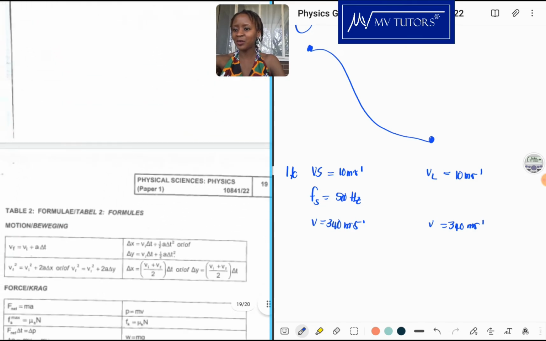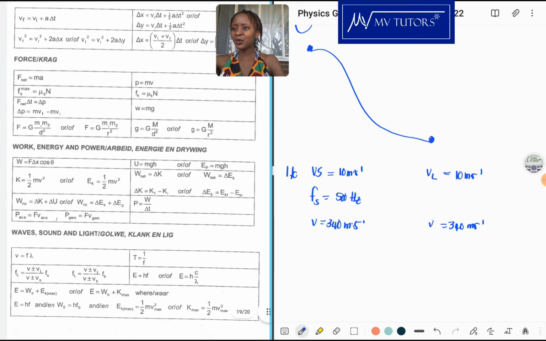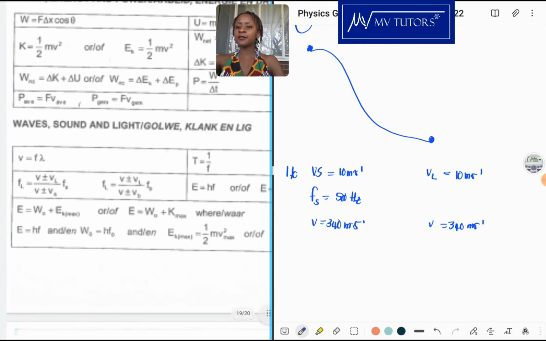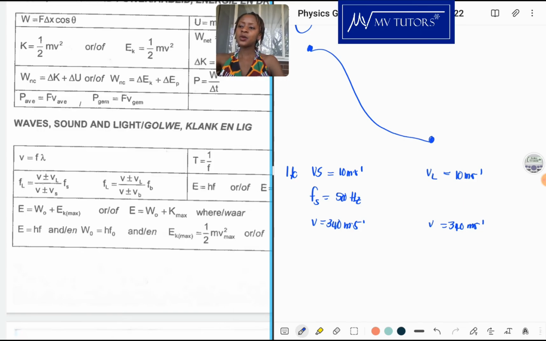Oh, when are we getting to the formula sheet? Okay, where is the Doppler effect? There it is. So basically, the frequency of the listener is equal to the velocity of sound, which is 340, plus or minus the velocity of the listener, which is 10. So the velocity of the listener is 10, the velocity of the source is 10, the frequency of the source is 500. We have plus or minus in the numerator and also the denominator. So what do we choose? Plus or minus depends on whether the source is moving away or towards, or whether the listener is moving away or towards. In this case, they are like